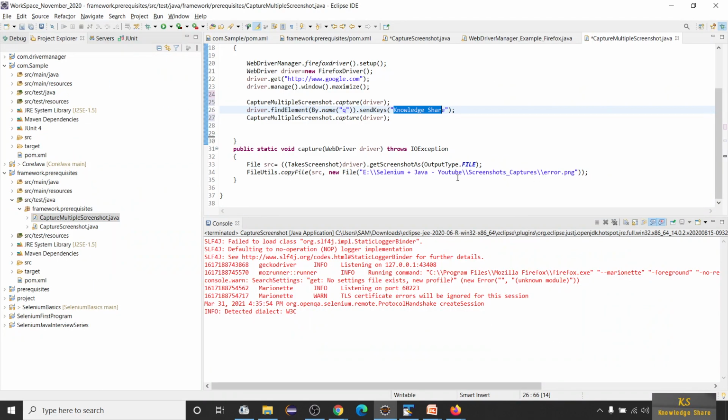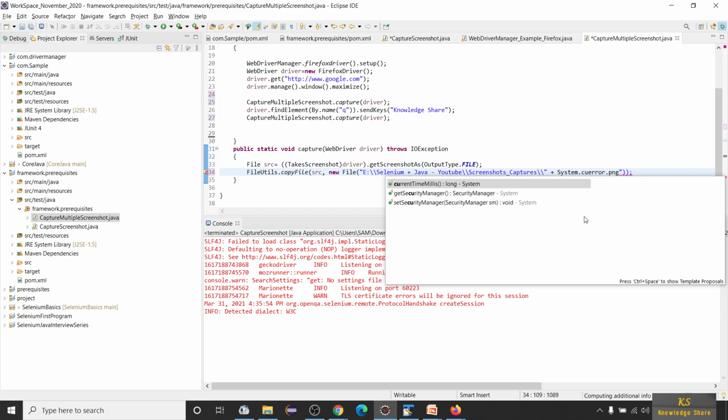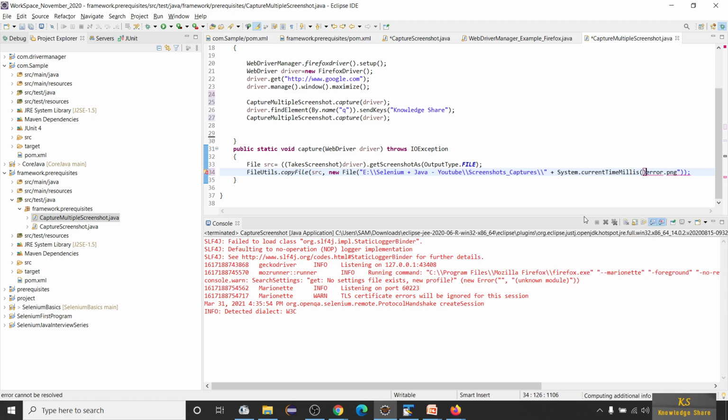So you have to call a method that will append a unique time. I'll call System.currentTimeMillis, plus,